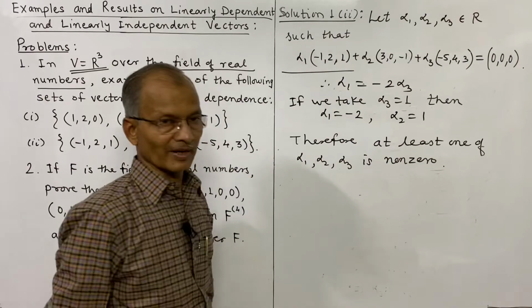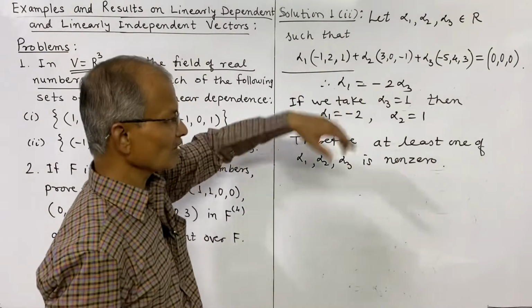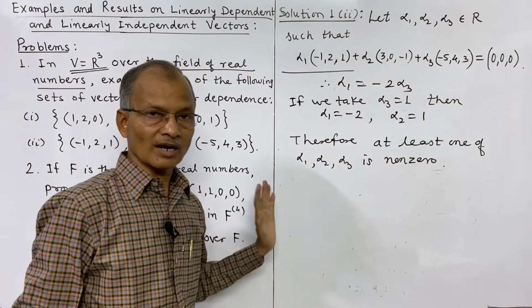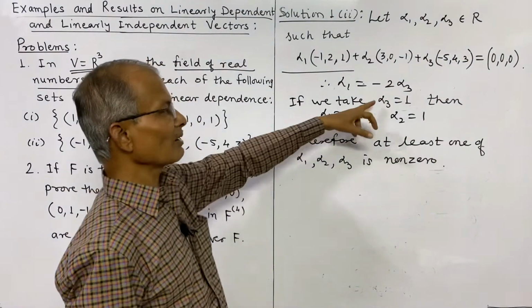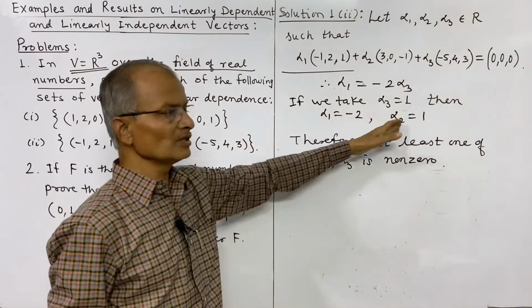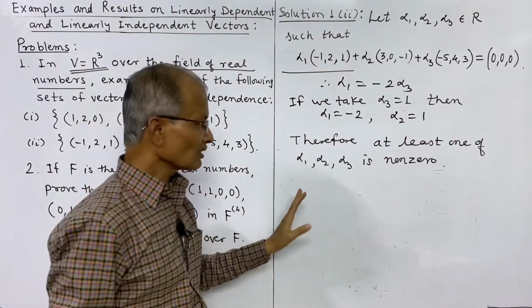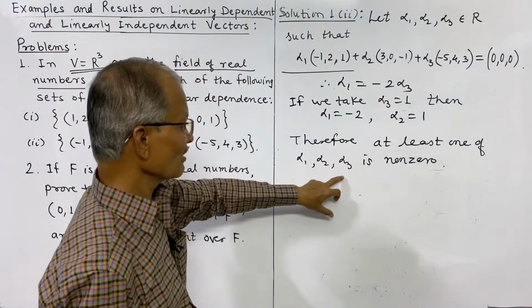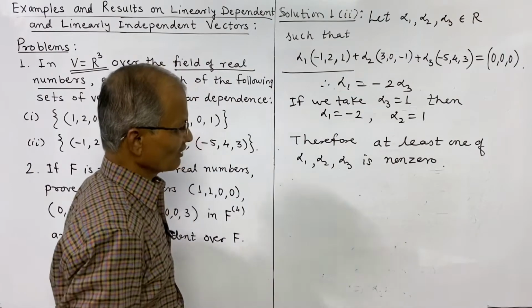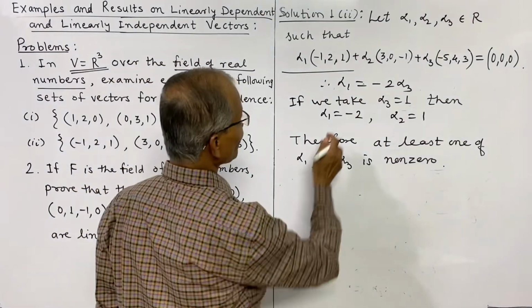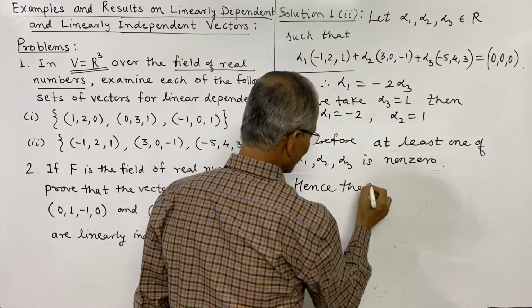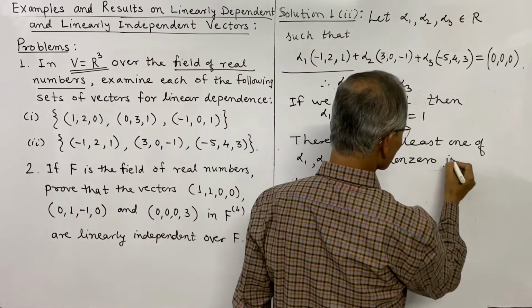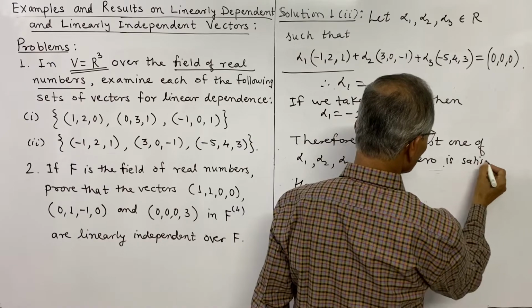This condition is satisfied. Here all are non-zero. So what is the condition? At least one of them is not 0. So if you get only alpha 3 non-zero, and the other two may be 0, that is the meaning. Therefore this condition is satisfied,